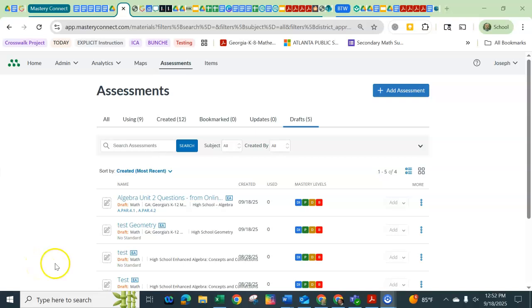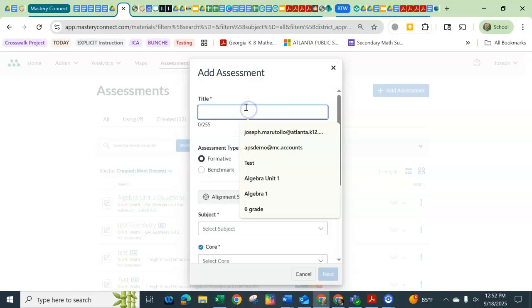You wanted to know how to create your own document-based assessment. So you're going to go into your assessments, you're going to add assessment. You're going to title it whatever you want to title it. I'm going to call it test document upload,